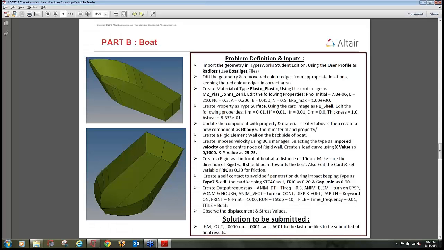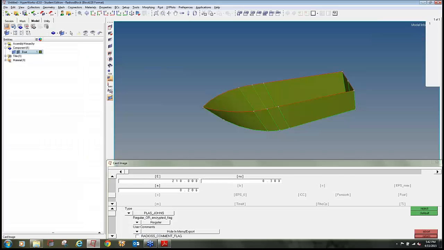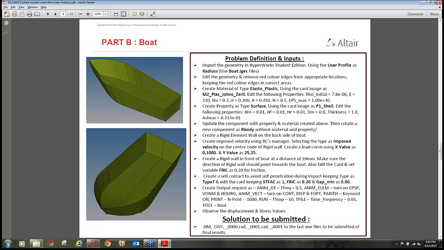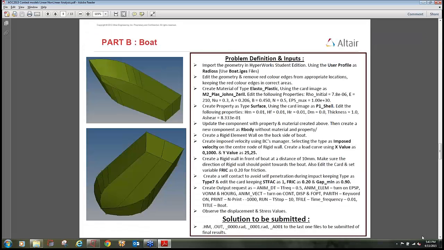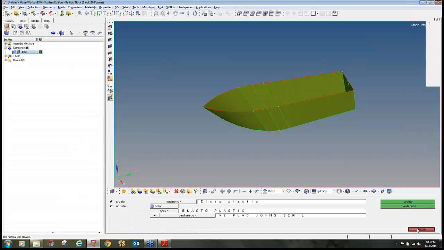A 0.26, then B is 0.450, N 0.5, EP max is already taken. Any other values I don't have to provide, then return and again return, then go back to the properties for boat,